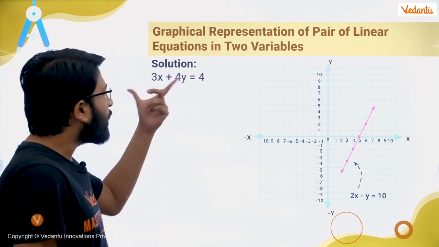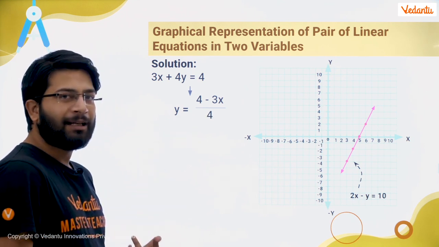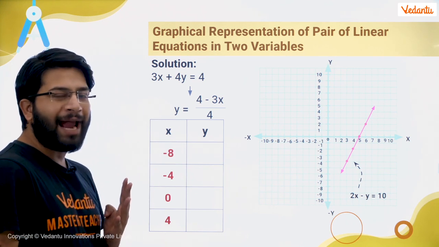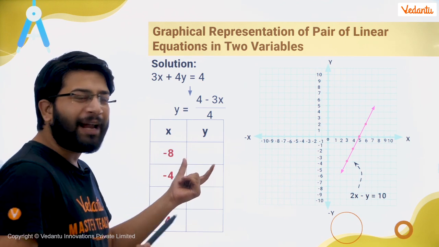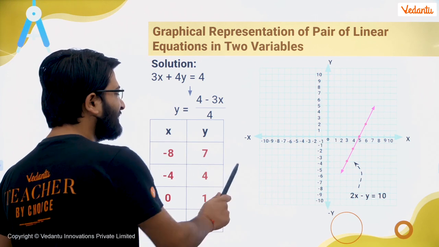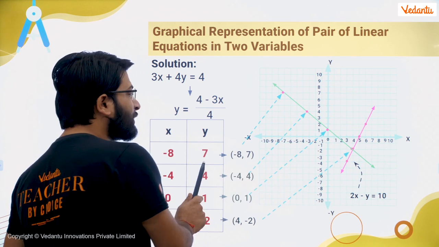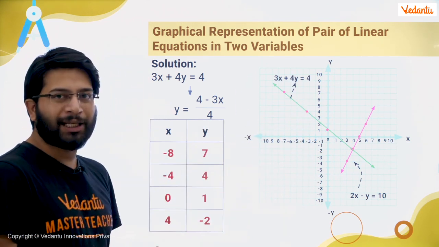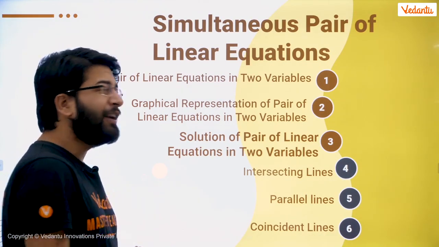Now let's talk about the second one. Again the same process. First write y in the form of x. After that, take 4 random values of x. Now with respect to every value of x, find the value of y from the equation. Again you get 4 points. Represent these 4 points on the graph. You will again get a straight line. So now we can see we have drawn the graph of both the equations, right champ? Very good. So now let's see the solution of the pair of linear equations.